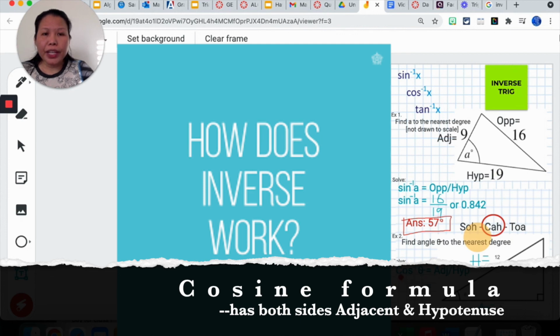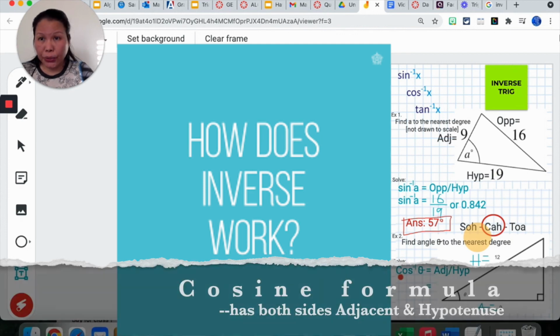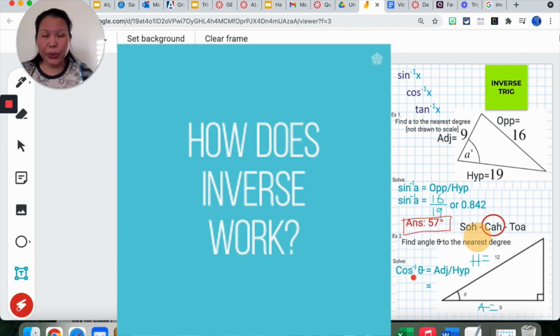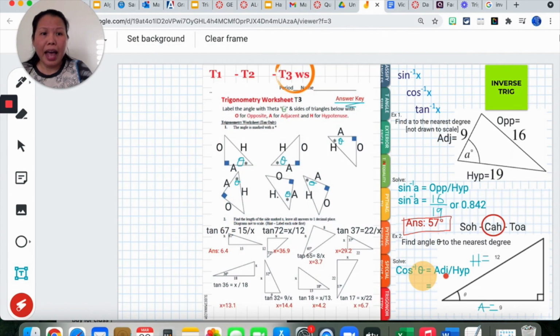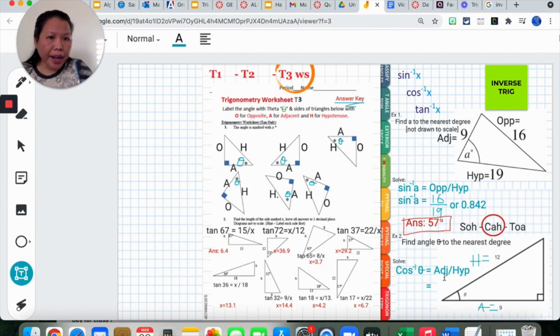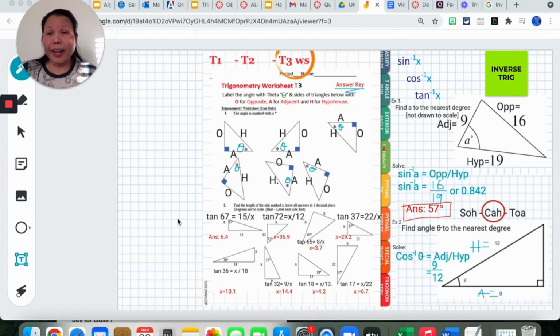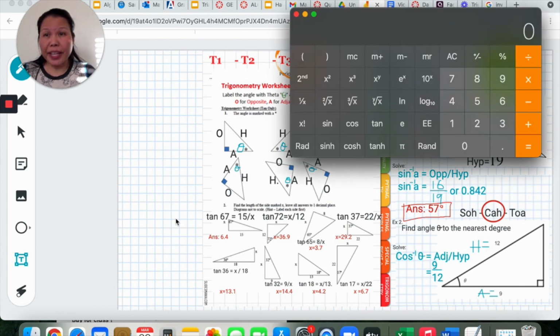I wrote the equation starting with the cosine. It's the inverse cosine because we're looking for angle theta. And theta is missing, so we cannot substitute it with anything except just to leave it like that. Adjacent, I can substitute with the 9. And hypotenuse, I can substitute with the 12. Let's write it as 9 over 12. I will use a calculator. Even if my calculator only has the basic keys, it will help. 9 divided by 12,